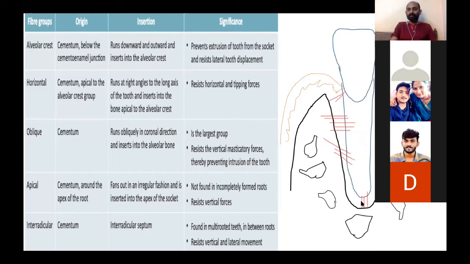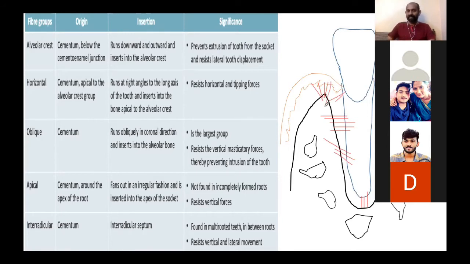Now at this point, I want you all to understand, when the first chapter, the oral mucous membrane, was taken, Ramesh sir would have taken it. You would have read about the gingiva. Again, there are a few fibers present in the gingiva as well, if you remember. These fibers were called gingival fibers. So please don't get confused between gingival fibers and periodontal fibers. Gingival fibers, meaning they start from the gingiva. That is why they are called gingival fibers.